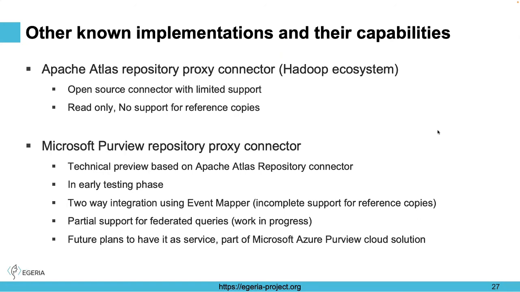So events going in and out of Egeria, but with a remark here that it is not complete support for reference copies, but it is just storing everything and not having the notion of immutable copy. So that is something to be probably tackled later on, in regards to making it completely conformant with the protocol and the standard. But still, I think it's a good example, because it also provides support for federated queries.